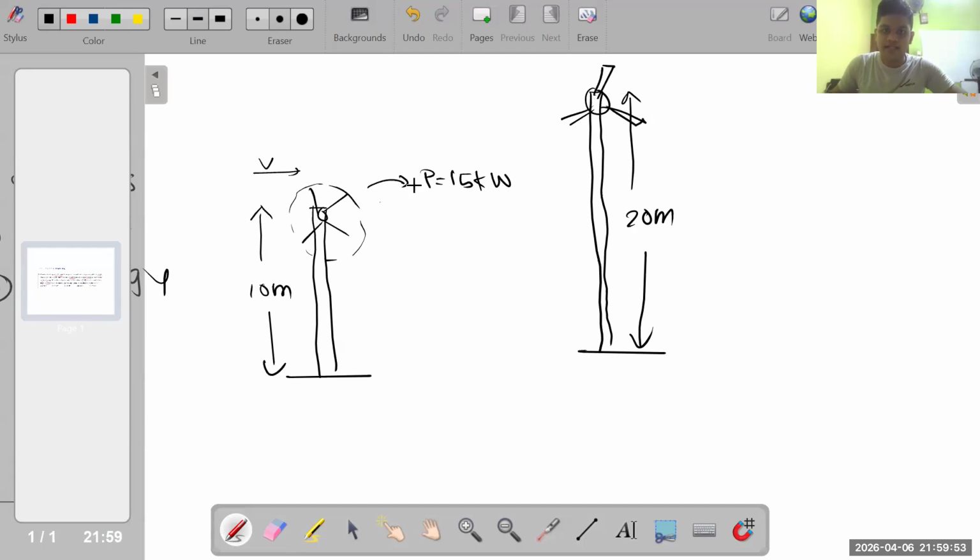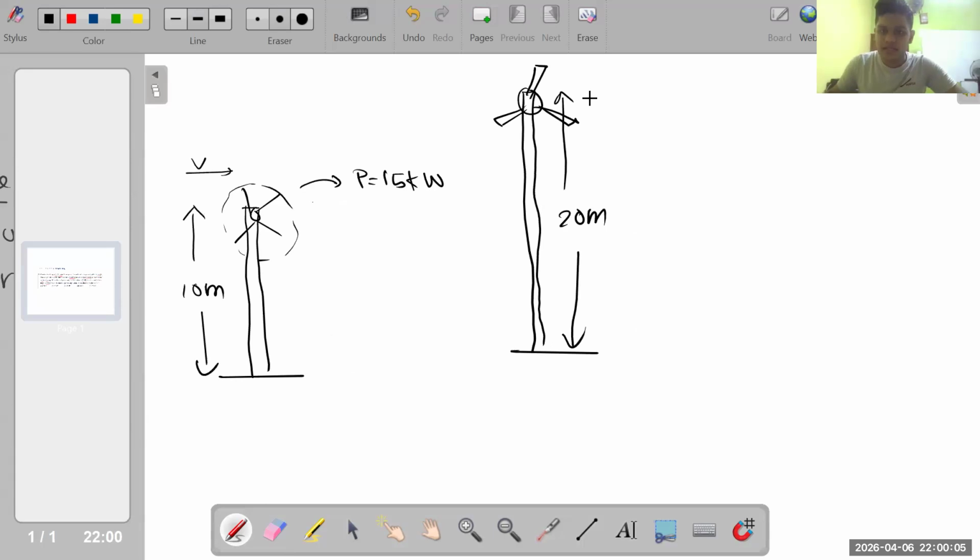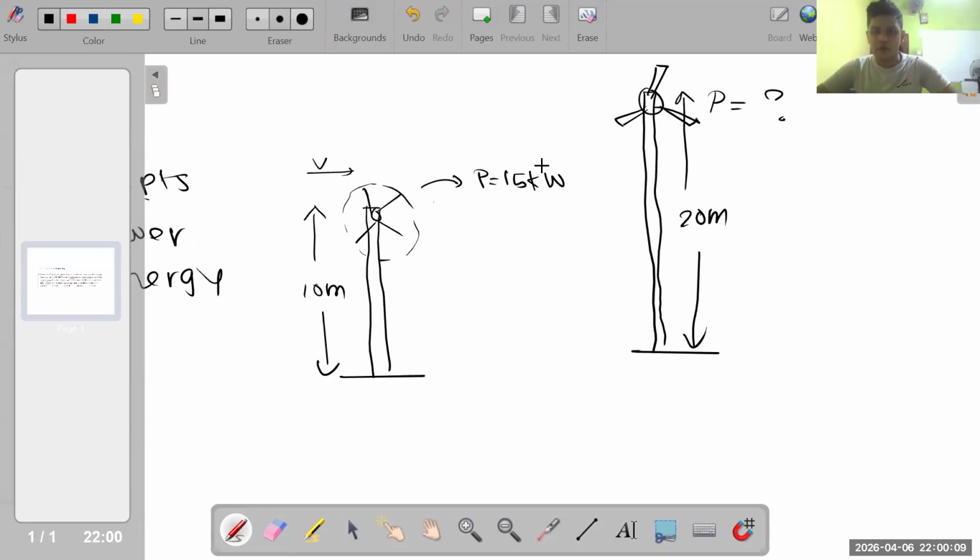Now, we can't just say that as it is double, it should be 30 kilowatt. No, in physics we can't do those calculations. We should apply the actual equations and identify the answer. Right now they're asking what the power is. Let's see. Now, before going on to this,